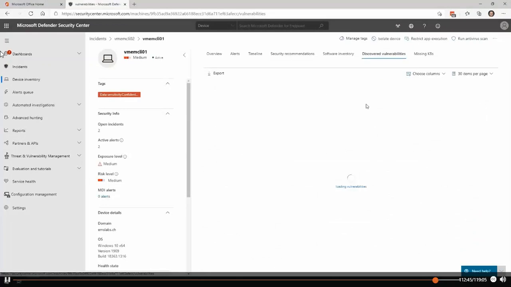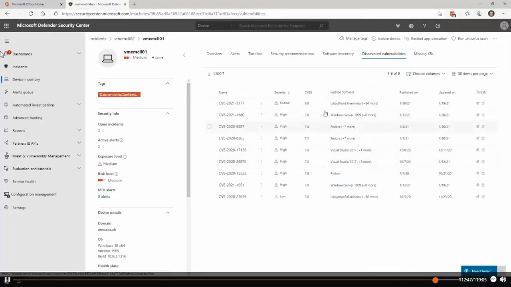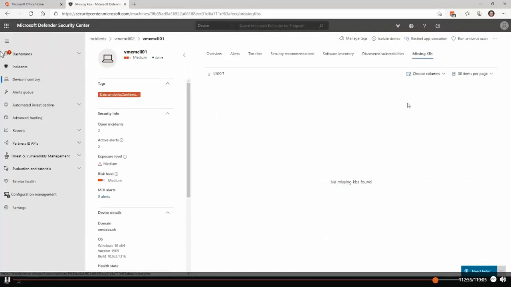Inside of that, I can clean up the vulnerabilities, specifically with the Python what's there, and also all of the other things included on this topic, including the missing knowledge base articles. What I can do directly here, I isolate this device. That's basically that the firewall comes up and I can only interact with the machine from this portal, from this service. All the other things will be disconnected,